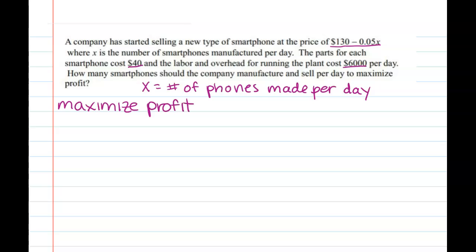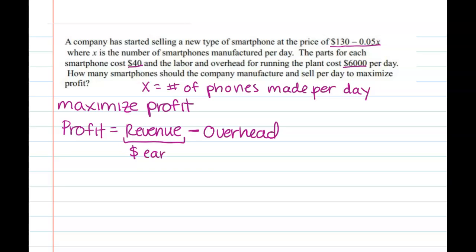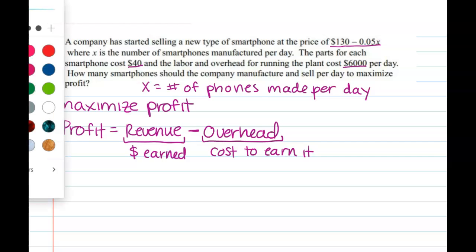Okay, and the equations we have. Profit, first of all, let's think about this. As far as profit, your revenue is how much you sell things for, but you have to subtract out your overhead. So basically, the money you make, money earned, minus the cost to earn it, essentially. Okay, so profit is revenue minus overhead. So in this case, our revenue,